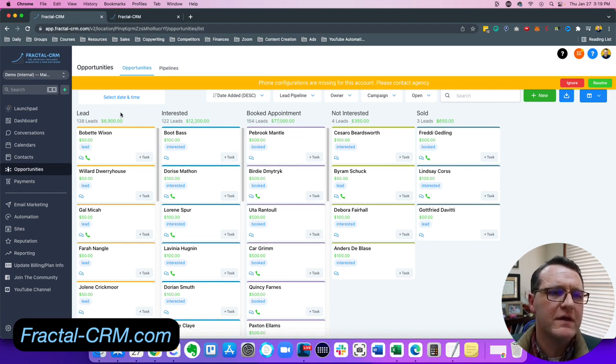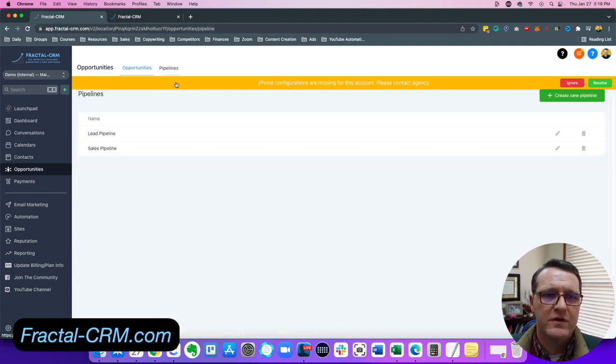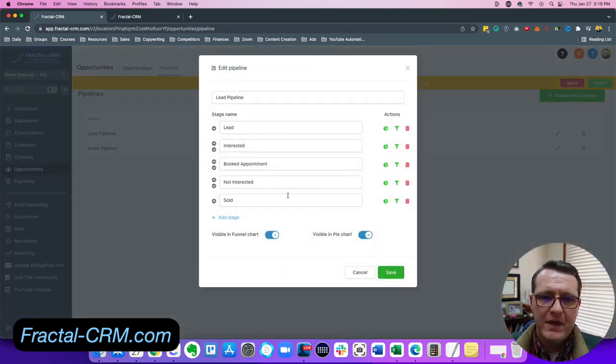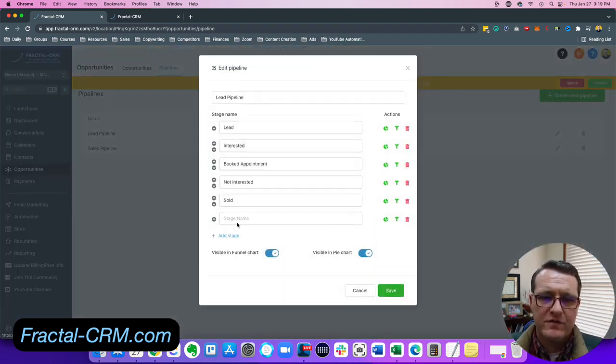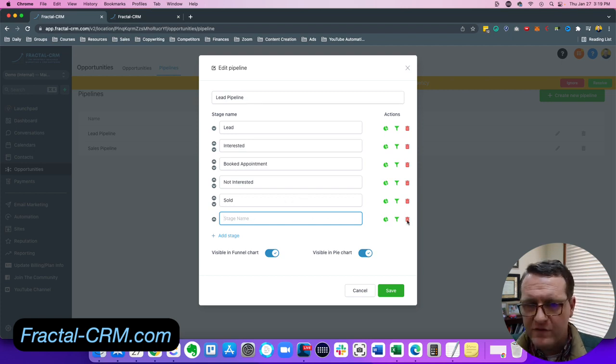The other nice thing is a recent update we did, because before you used to have to go to settings if you wanted to add any columns or anything. Now we've added it, so it's all right here. So you can just click here at pipelines, and you can click the edit button, and it's really nice. So you just click add stage, whatever you want the stage to be,